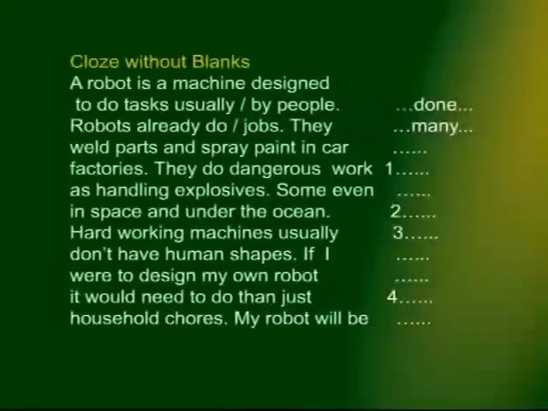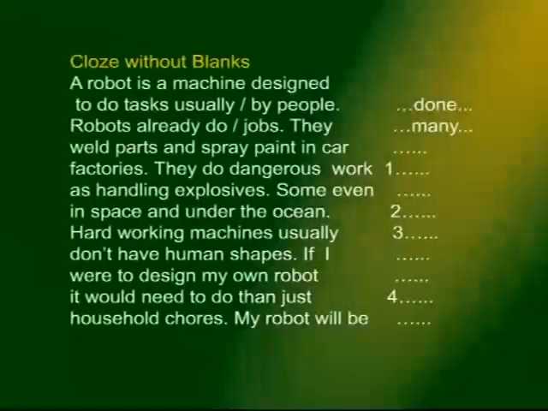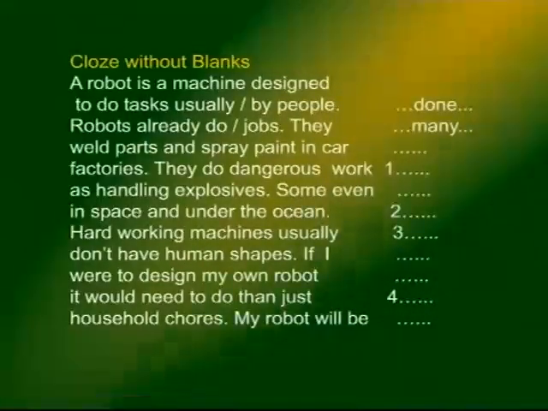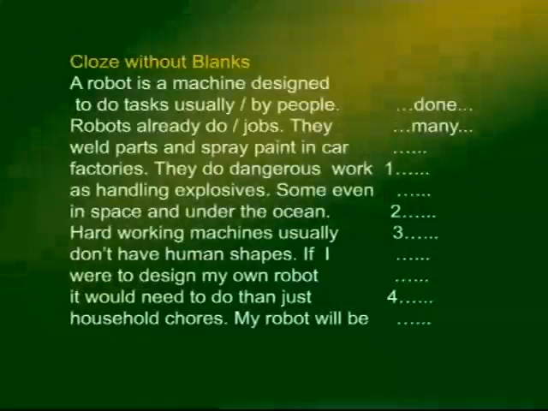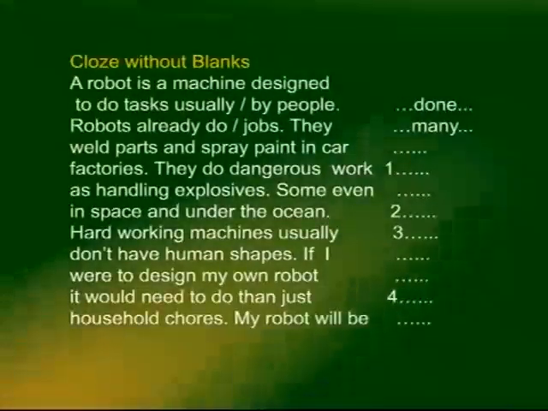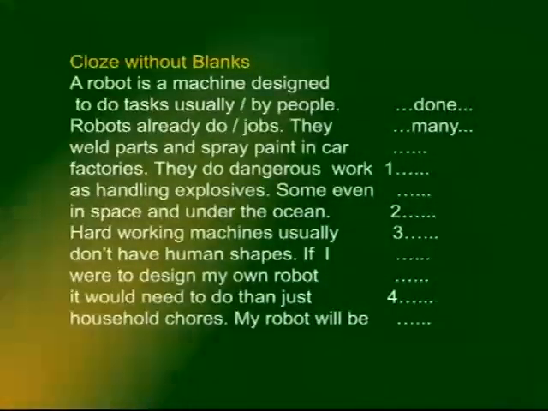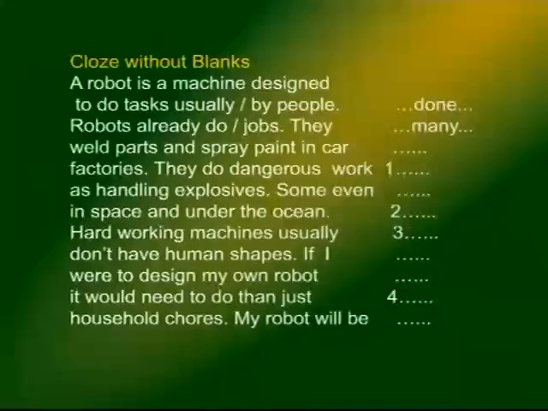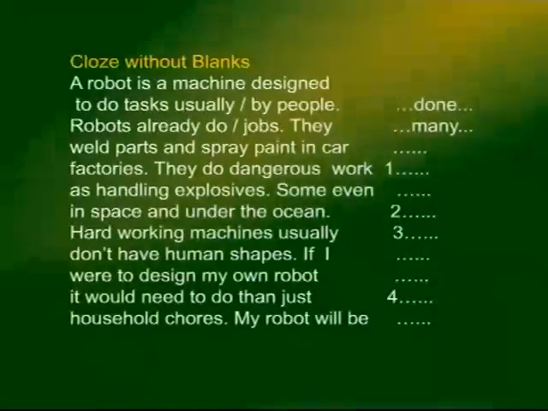You do two things. First, there are no blanks. You have to read the passage, mark a line with a slash at the place where you think a word has been left out, and then fill it in. Now notice in the passage on your screen, the first two have been done for you, and you continue with the next. A robot is a machine designed to do tasks